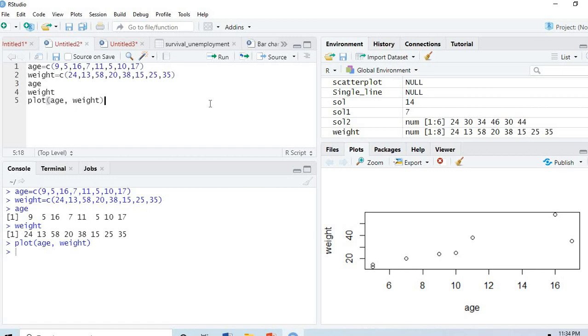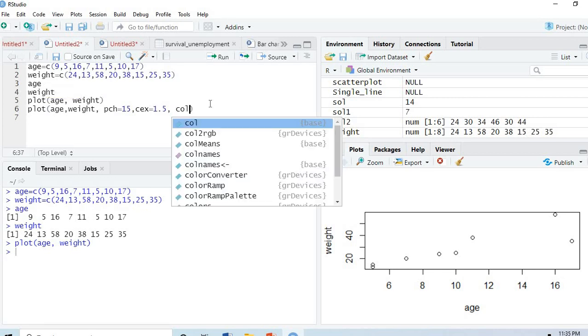Friends, one more thing you can do is change the pattern of these dots and the size of these dots. You have to use two functions: one is pch and the second one is cex. pch is used to change the type of these dots, and cex decides the size of these dots. So let's do it. I'm using pch, that indicates the character or feature of the dots, and that varies from 0 to 25. You can use any figure between 0 and 25 and then you can change its features,